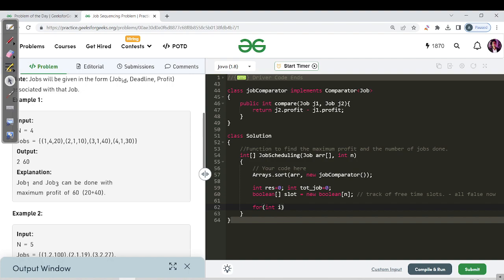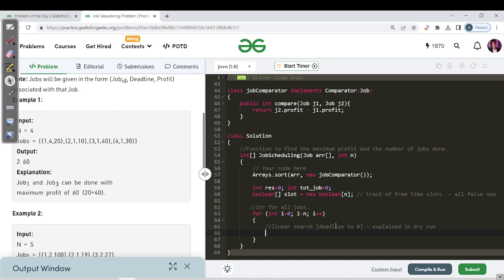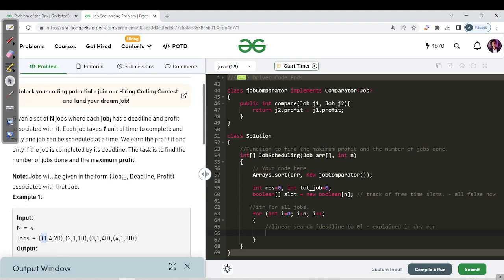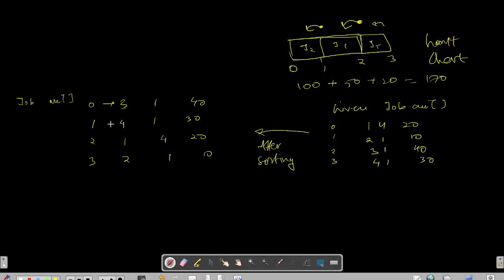Now we have to iterate for each and every job. So let us iterate for each and every job. For i equals 0, i less than the array length. And for each and every job, we need to do a linear search from the deadline to 0. Since job one, job two, job three and job four are one-based indexing, but our array is zero-based indexing,